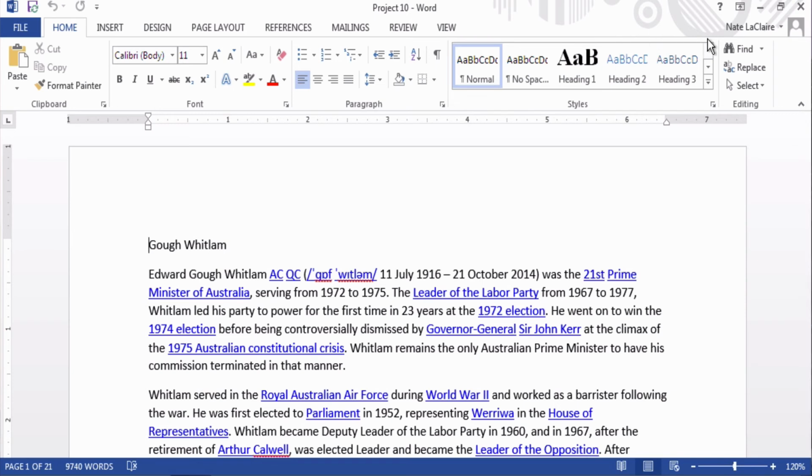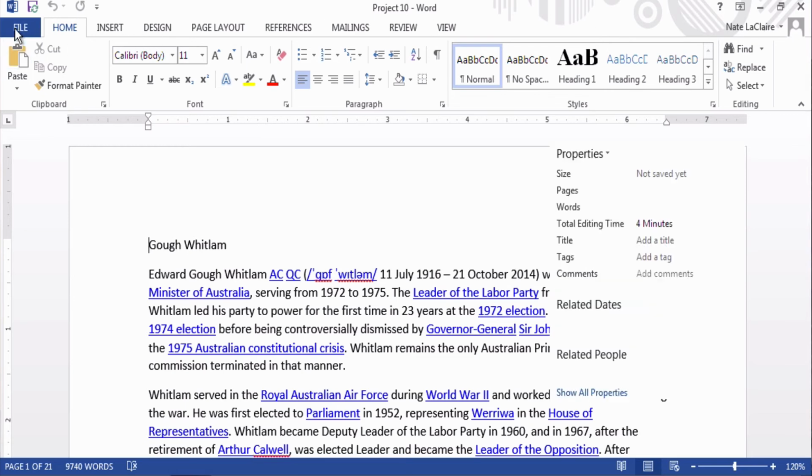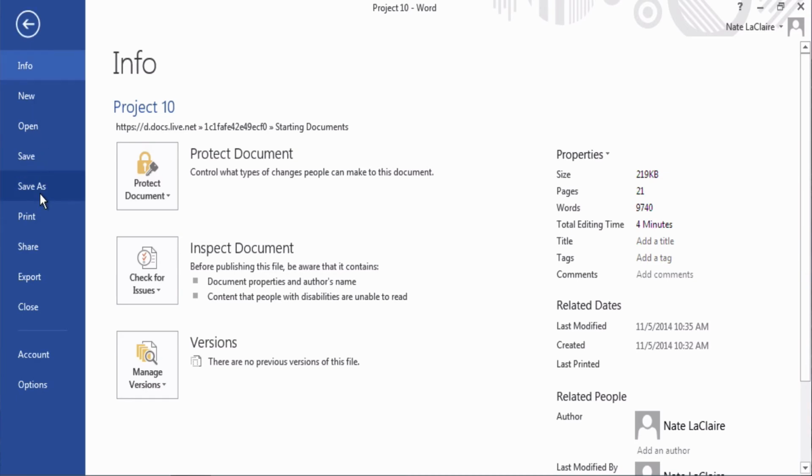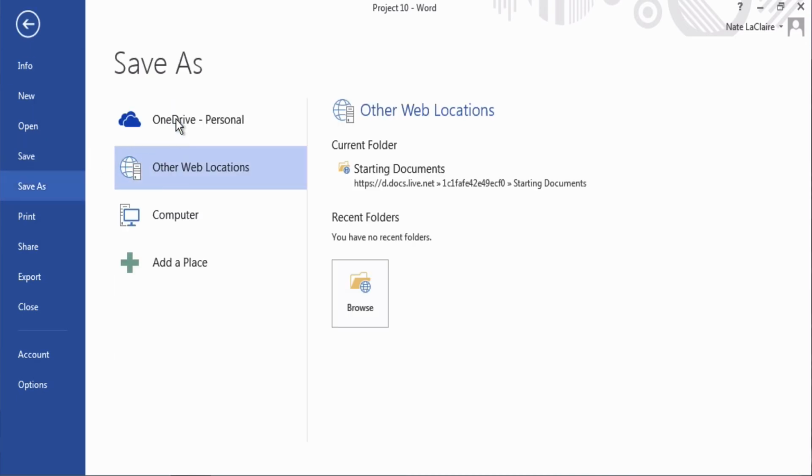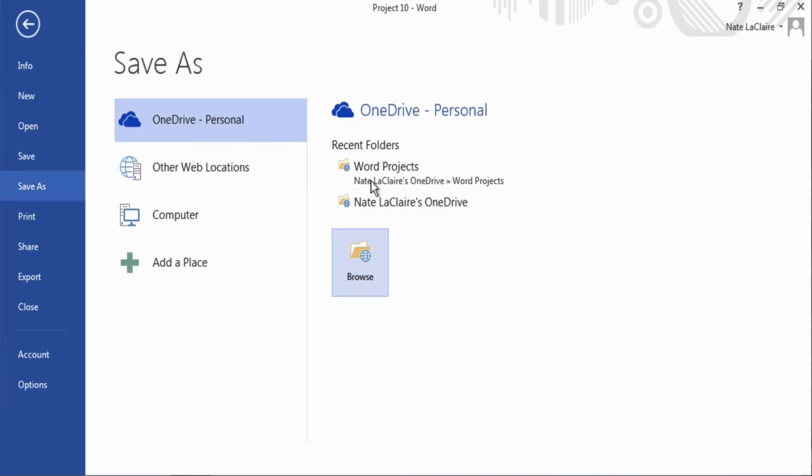And once you have signed in, as evidenced by the fact that your name will now appear up here, and the background image will change, go to File, go to Save As, click the OneDrive Personal option,